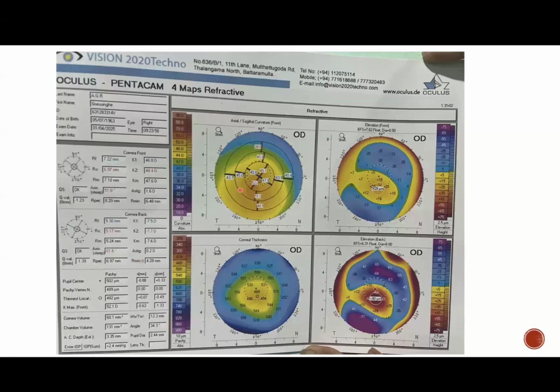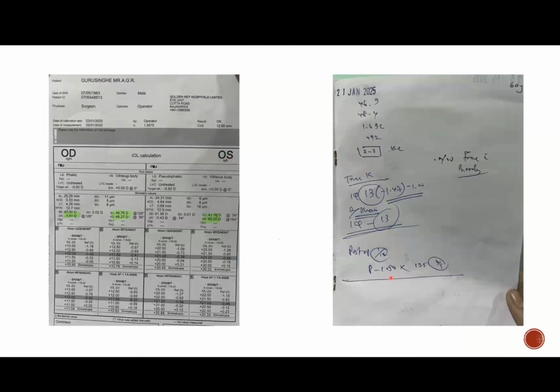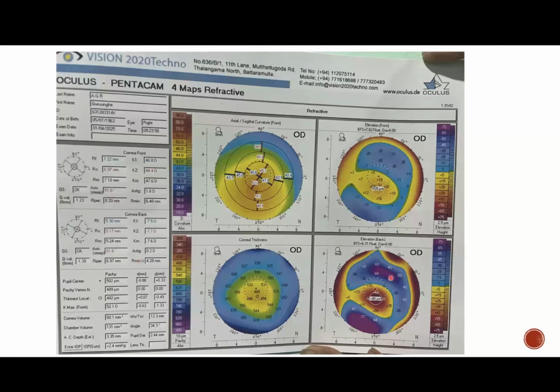And if you look at the images, this is the front elevation map, and look at the back elevation. This sort of back elevation is huge. Just look at this. There's a red dot, or the red dot is actually obvious. This is a keratoconus, and the yellow one is like a forme fruste. And now, I will show you.